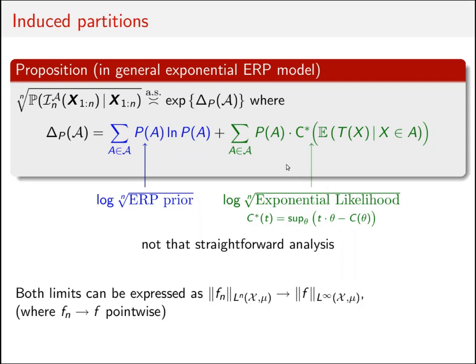And now, actually, both of these limits can be viewed as instances of the following problem. So I have a sequence of functions fn which pointwise converges to function f. And what I want to prove is that the nth norm of the function fn converges to the supremum norm of the function f. If it weren't for this n, this is a well-known standard result that the nth norm converges to the supremum norm with some assumption. And if you put n in here, you need to do some additional estimation inequalities.